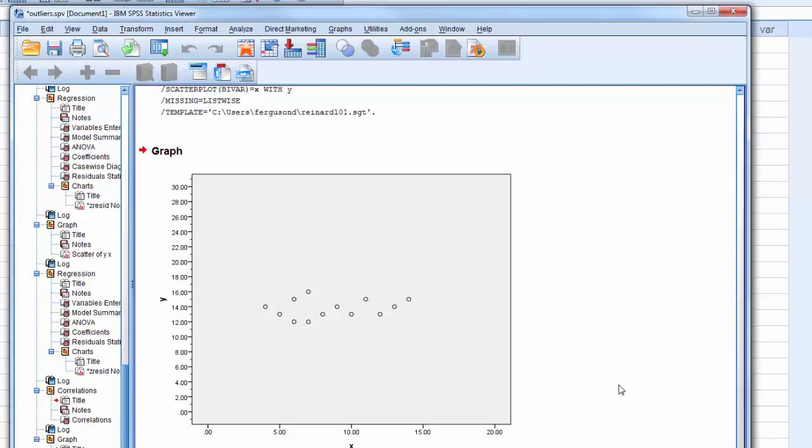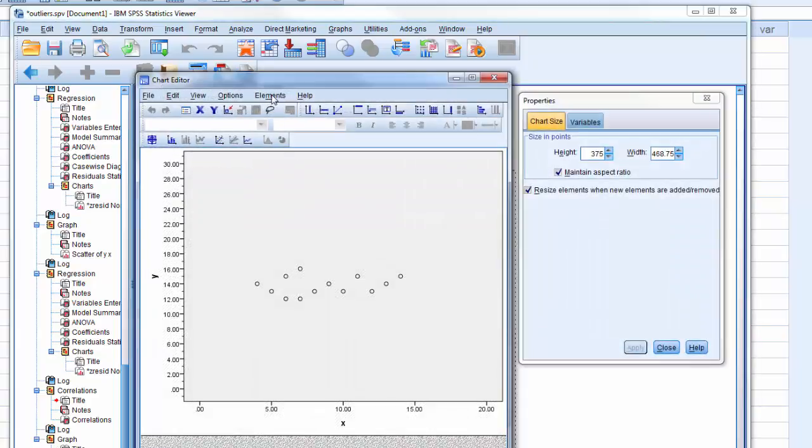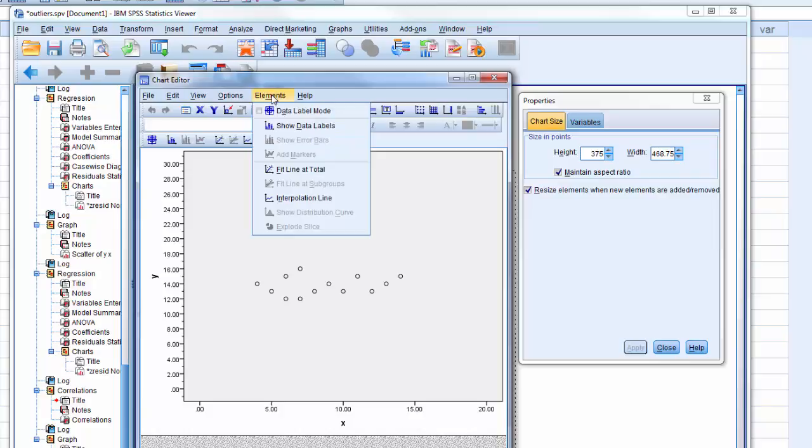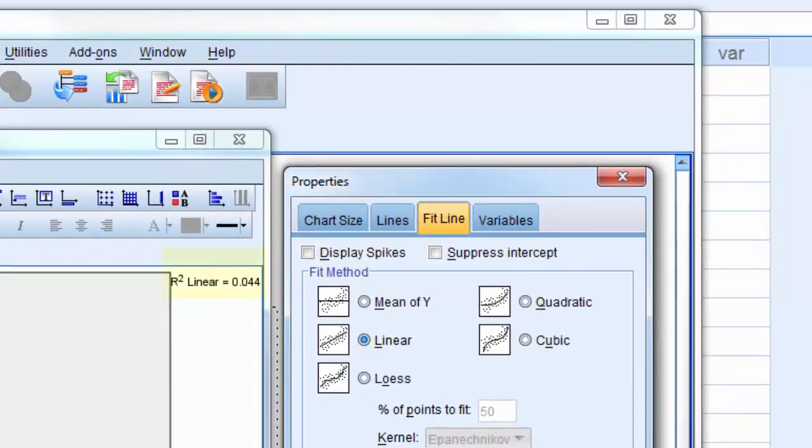To see a line, I double-click on the graph and choose the menu item Elements, then Fit Line at Total. The unimpressive slope betrays the mild direct connection, and the chart displays r squared equals 0.044, or 4.4% change in